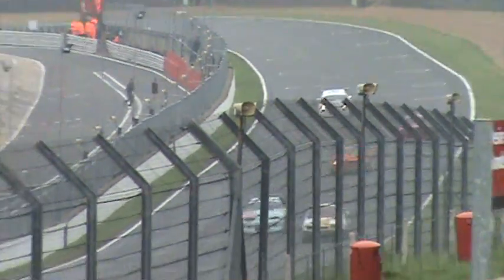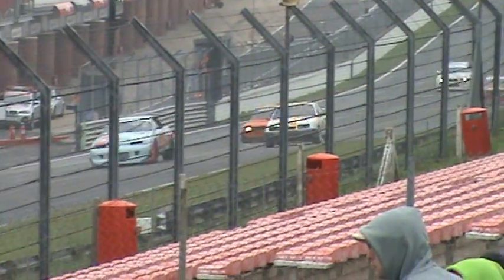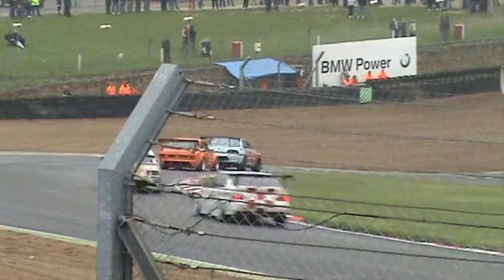Then they have the next piece of lappery to do. That's Andy Pearman's Ford Sierra Cosworth that runs in Class B, same class as Gary Whittaker. So now up the hill, Matt Moore, just a bit of that damp patch on the inside of the circuit,